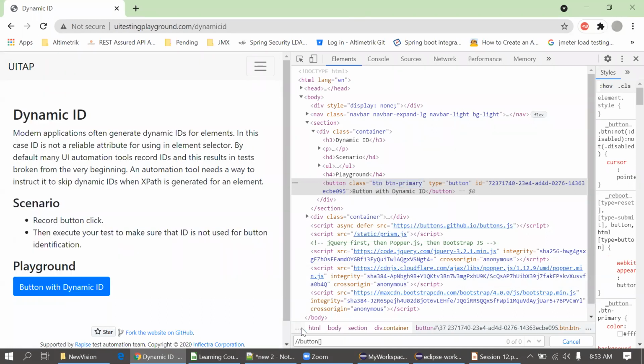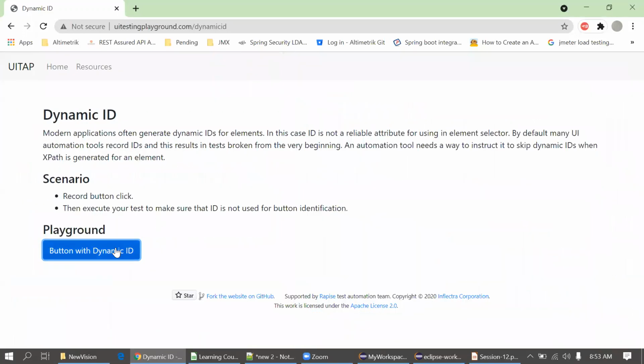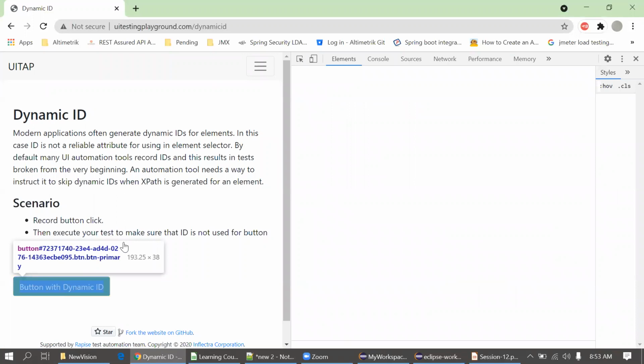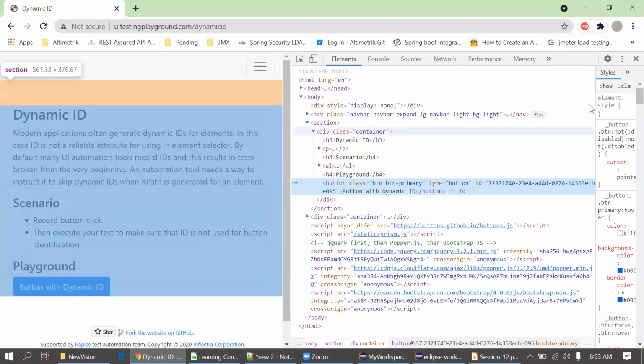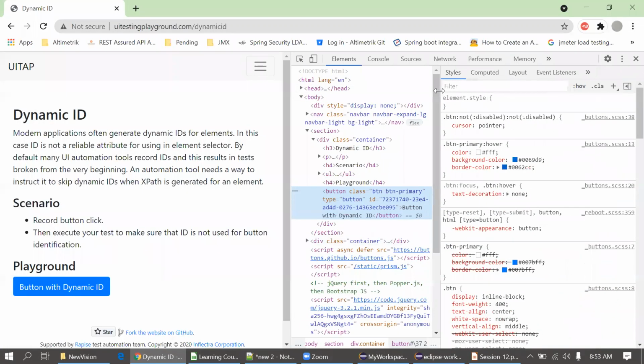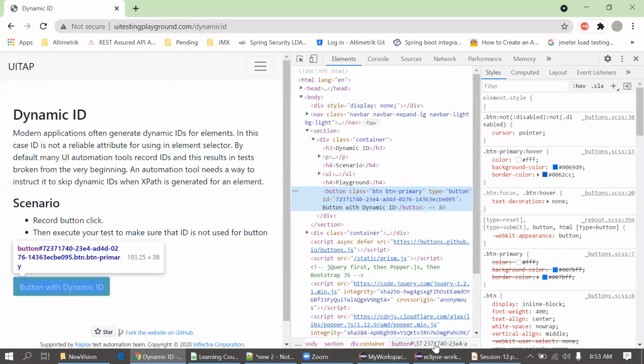Let me open this. Just closing this window and I'm reopening it. I think there is some setting change in my Chrome browser now. Let me try.